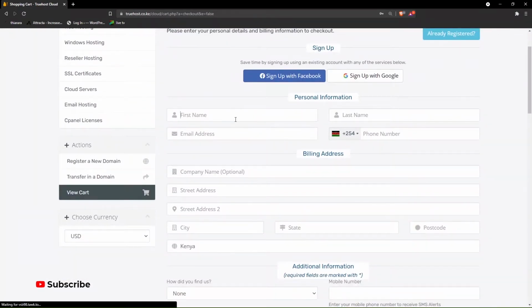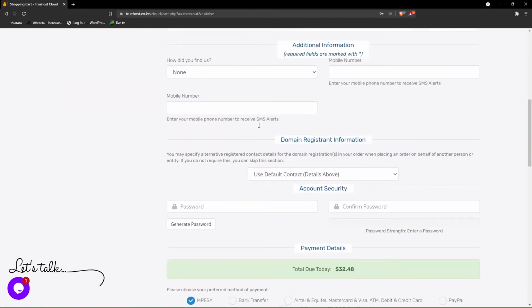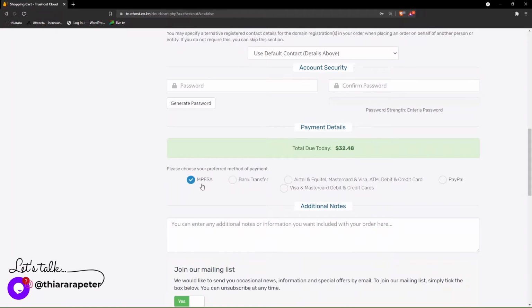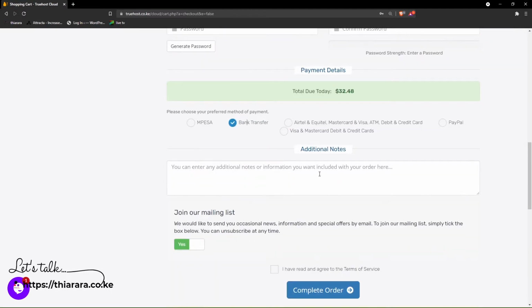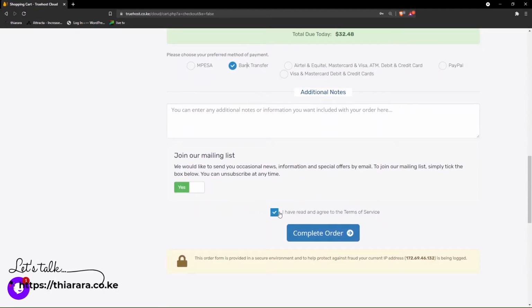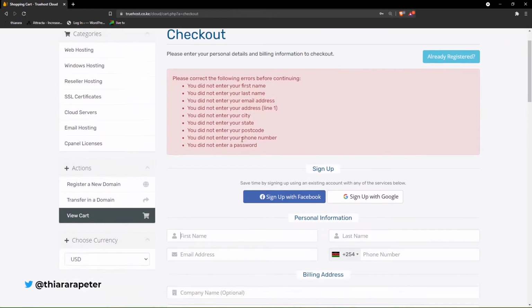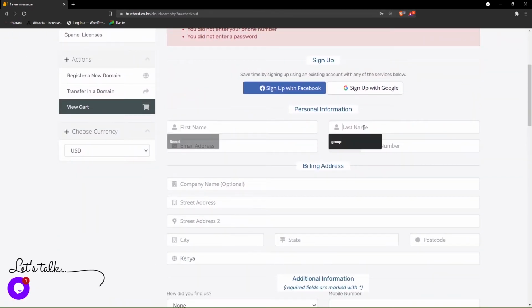I'll be taken here where I'm supposed to fill in all this, and if I'm using mobile payment, I only need to click here. If I'm using PayPal, I only need to click here, and it all depends on which type of payment you want. So let me say I want to use mobile payment. I'll be taken to this checkout page. I need to fill in all of this here,